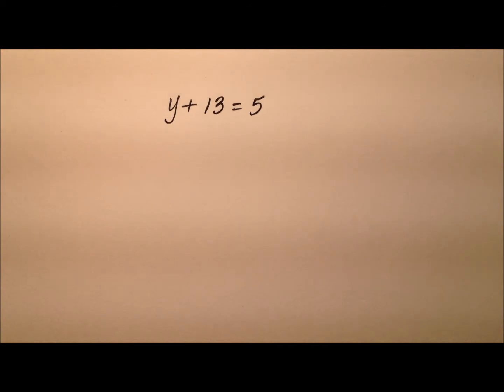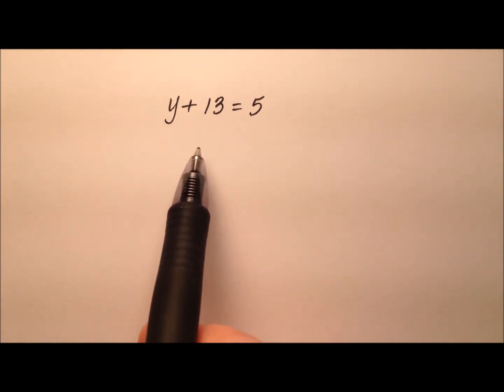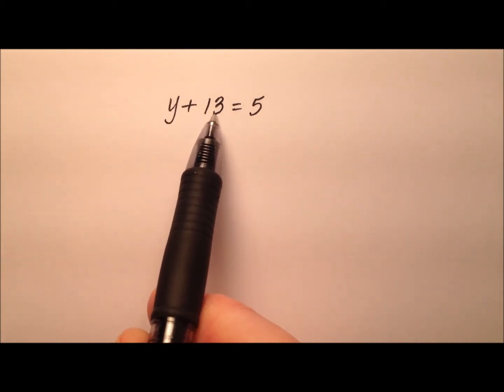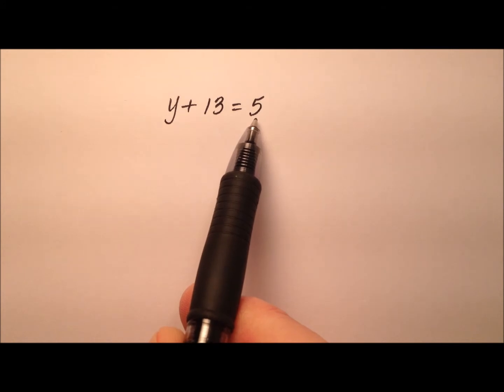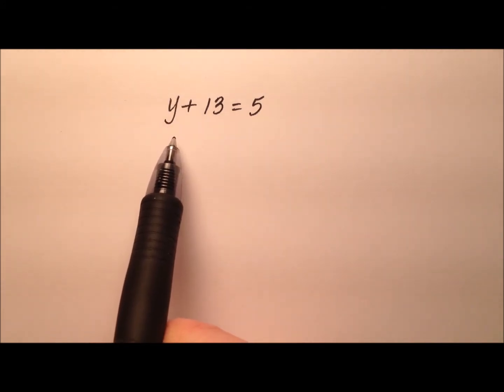In this example, it looks like we have ourselves a nice one-step equation that we're going to solve. So we are taking some number y, and we're going to add 13 to it. And when we do so, we get 5. So you might be able to just look at this and know what the value of y is, but we're